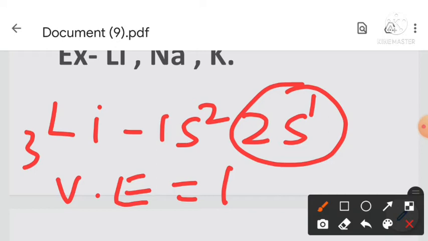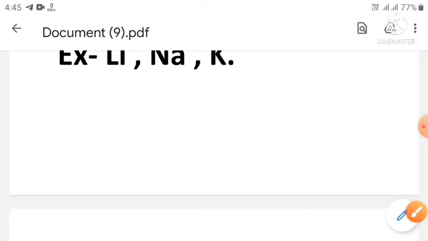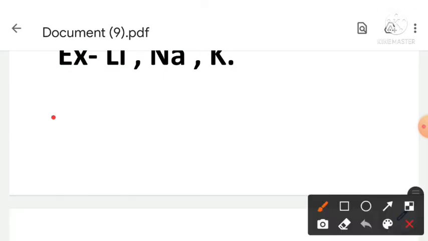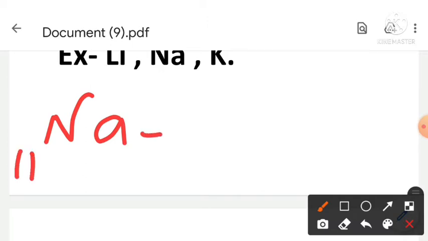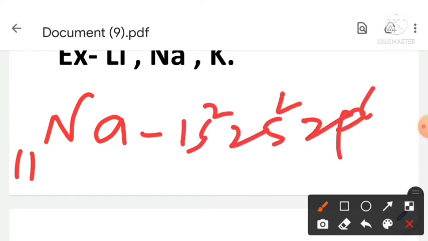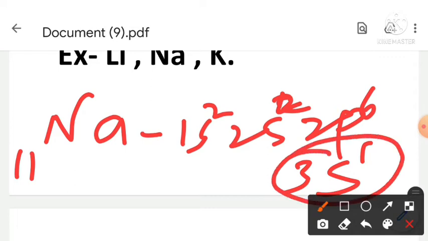Now if we see sodium, we know that Z of sodium is 11. We write electronic configuration 1s2 2s2 2p6 3s1. We know that its outermost shell is 3s1, so its valence electron is 1. In this way we derive very easily the valence electron, so it is called a metal according to the given